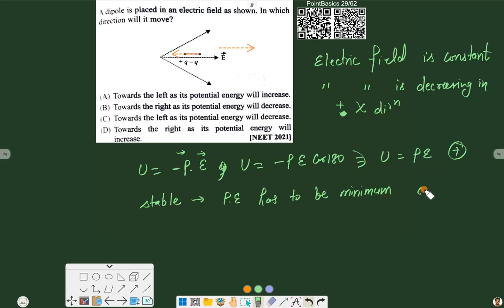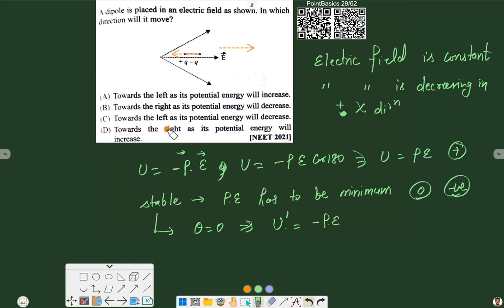It can be zero or negative if possible, and we know that potential energy can be negative. The stable configuration will be when theta is equal to 0. In that scenario, potential energy will be minus Pe, which is currently positive Pe. So in the first case, to be in a stable state, the dipole has to rotate, but as per the options, there is nothing